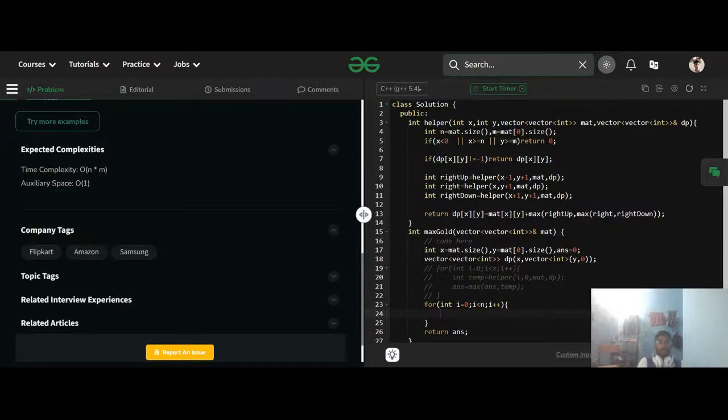Okay, now what I will do, dp of i and m minus 1 is nothing but mat of i and m minus 1. dp of i is smaller than x, dp of i and